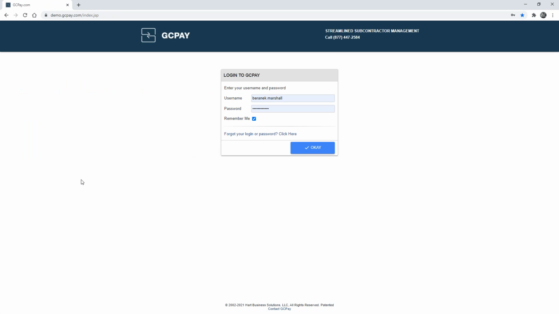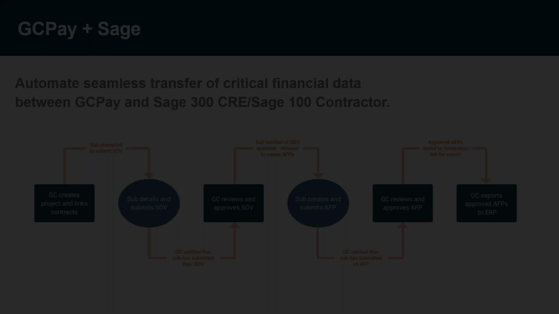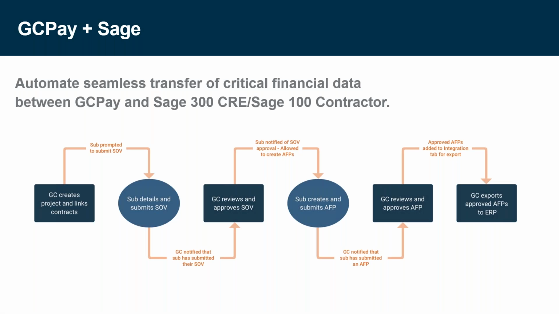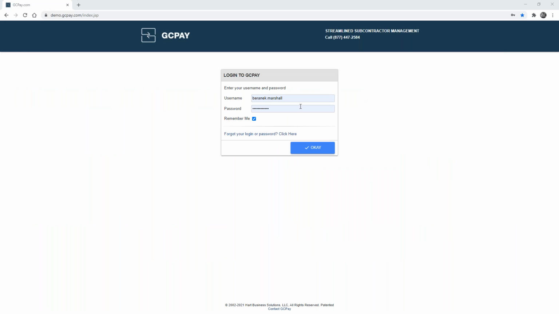Now we will go to lien waivers in just a moment, but at this point in the demo, I'd like to log out of the solution once again. Now I'd like to once again remind you of this slide here that talks about the workflow, and we have now completed the first step in this workflow as we have created a project and went ahead and linked those contracts. So the next step in the workflow is for the subcontractor to detail out and submit a schedule of values, and then we will review it as the general contractor.